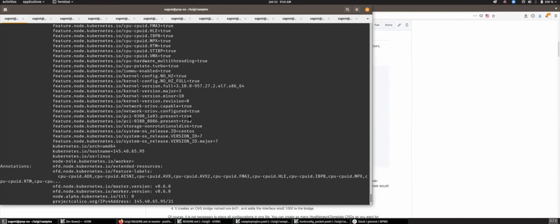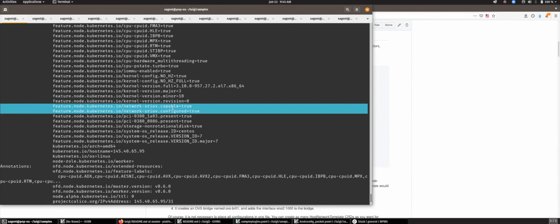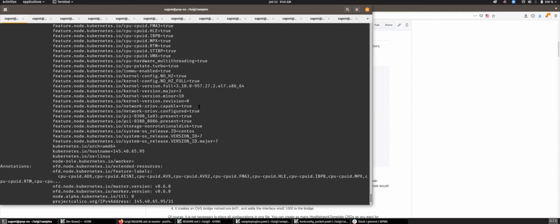SR-IOV capable, true. So you can see that this node is already labeled. So this is where I can say, oh, I'm only going to target my nodes that are SR-IOV capable.